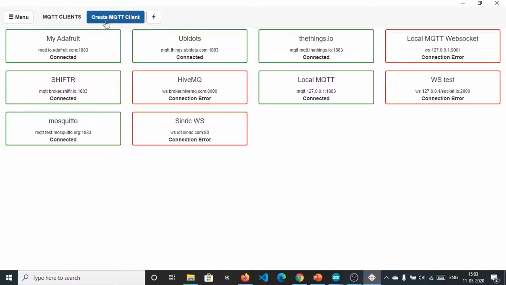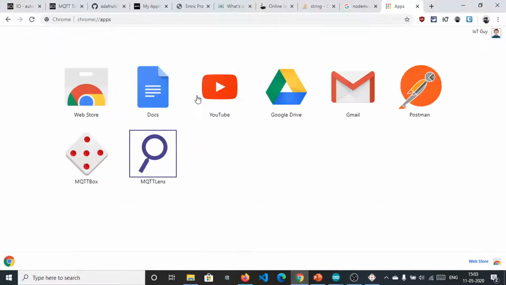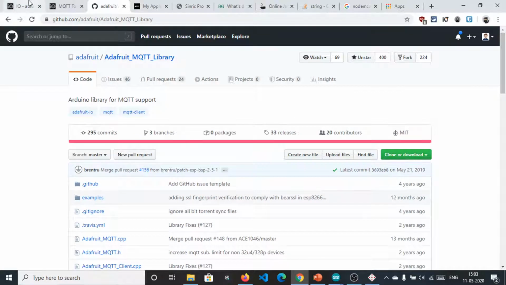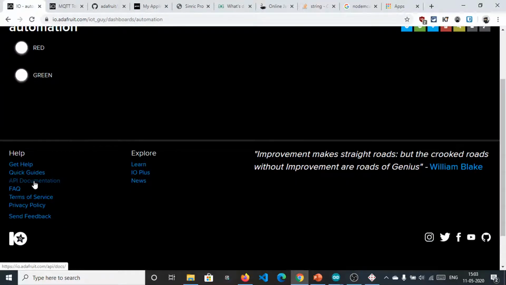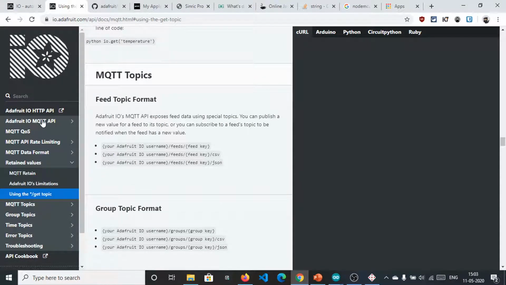All you need to do here is create MQTT client, select MQTT over TCP, select the broker name, which you can check on the adafruit.io API documentation right here.